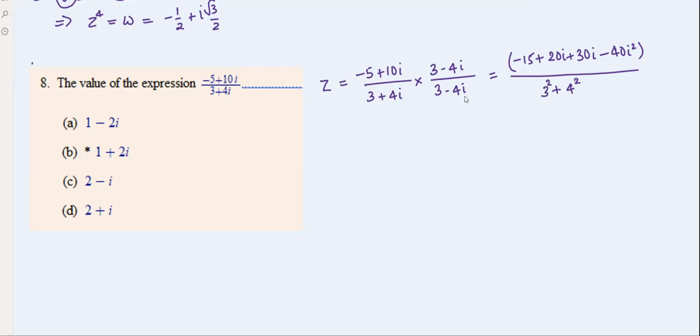3 square minus 4 i square. i square will be minus 1. So 3 square plus 4 square, so 25. So now this one,